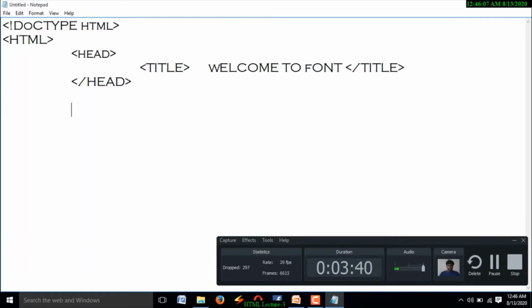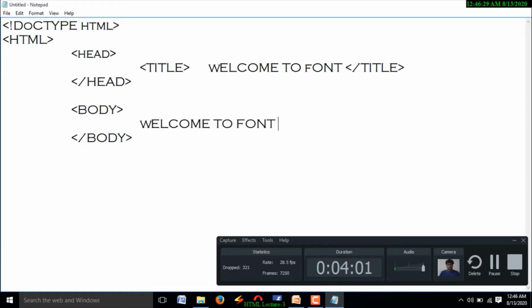Coming to the body part, inside the body, I am going to write some content by using font. First, I would like to write a normal text: welcome to font family. This is my normal text. And finally, I am going to close the HTML document.